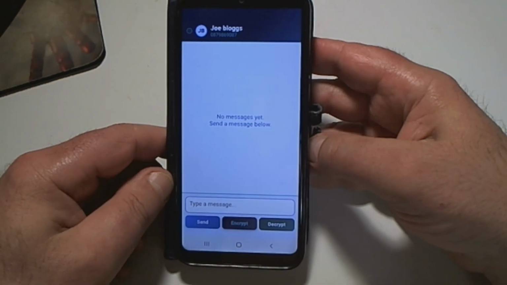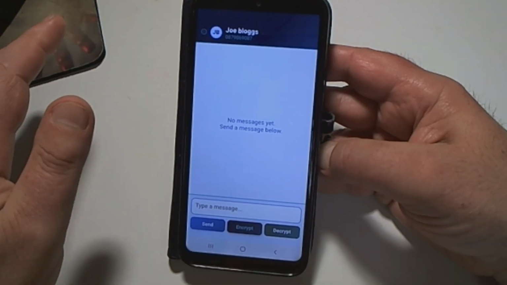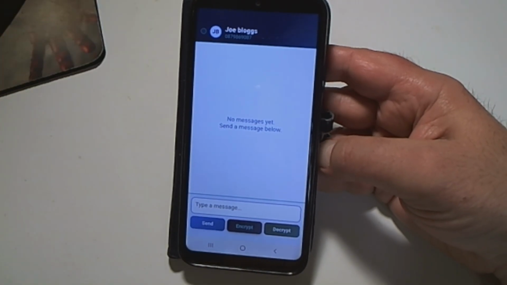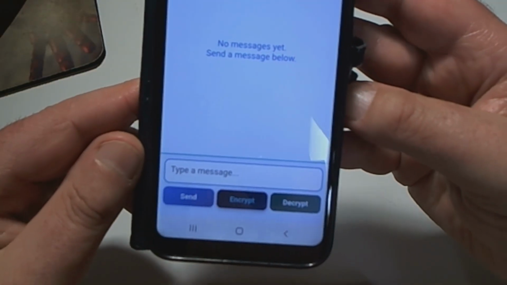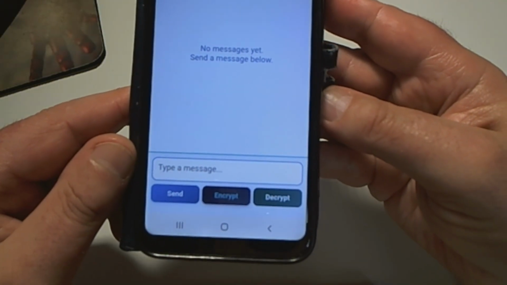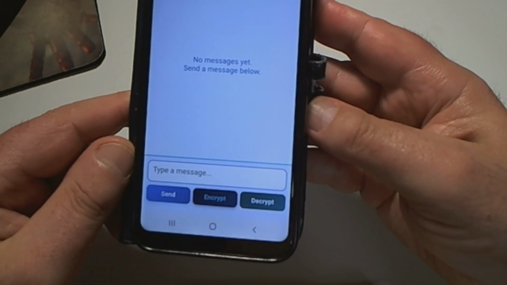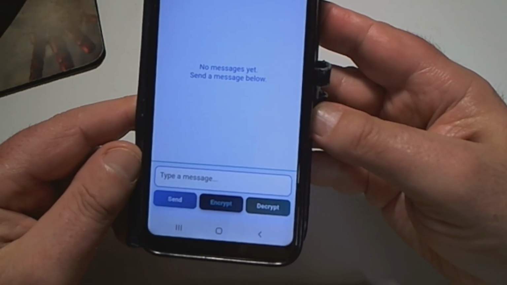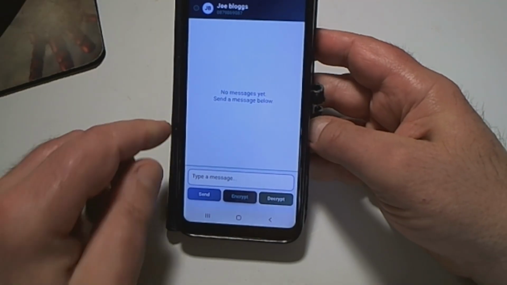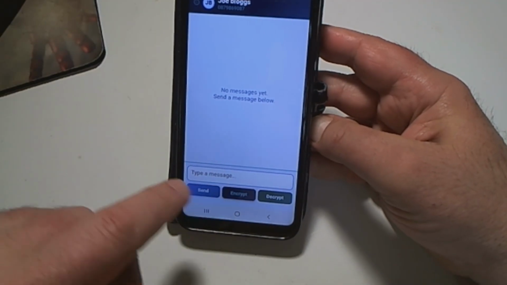Send will just send a normal text message, as you'd normally send a text message, unencrypted. Encrypt sends the text message encrypted, and decrypt is for when somebody sends you an encrypted message and you need to decrypt it. So if we type in the word hello,